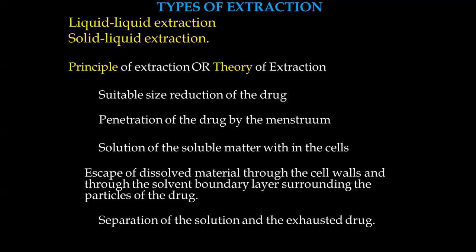So the second step of the extraction is the penetration of the drug by the menstruum. Menstruum, I already told, is nothing but a solvent. You take raw material and pour menstruum. The menstruum starts entering into the drug, especially in case of organized drug. It takes some time to enter into the cell. That is the penetration of the menstruum into the drug, or simply you can say